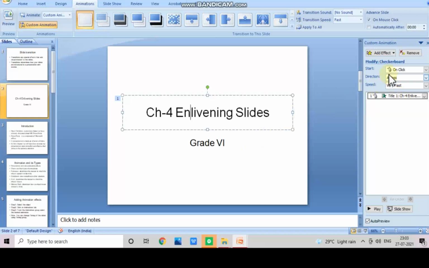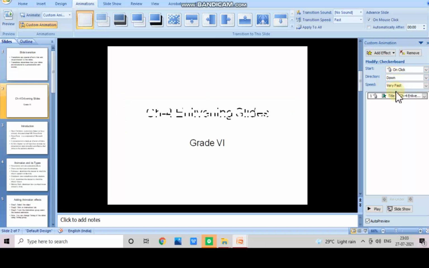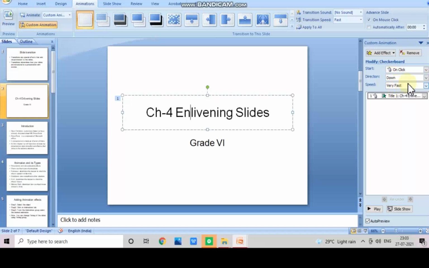Some more options are like start. When your animation will start: on click, with previous or after previous. So on click means once you click on this slide, with previous means with the previous one or after the previous one. So I say on click. What is the direction? I can choose down, and the speed also.